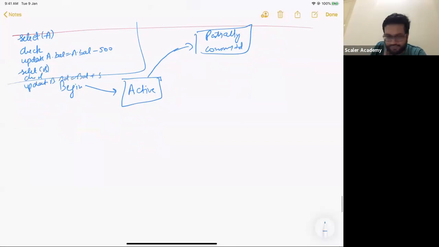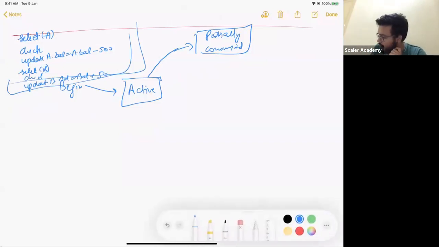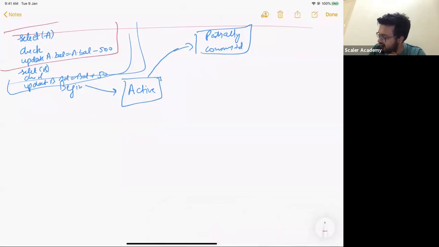Does that make sense to everybody? These are the multiple statements that you see in this transaction. Do you agree that all these things should be part of one transaction? This is one option. The second option is that maybe these things should be part of one transaction and these should be part of some second transaction. Or the other option is that this entire thing should be one transaction. The point is that it should not be the case that 500 rupees left A's account, B did not receive them, and I kept them in my pocket. I am running a very good bank.